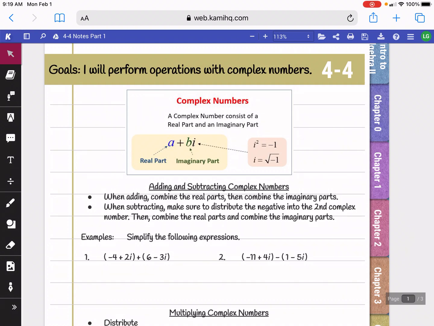In this video, we're going to learn how to perform operations with complex numbers. Right now, we're going to focus on adding, subtracting, and multiplying complex numbers. A complex number consists of a real part and an imaginary part. Usually, when you're writing these expressions or simplifying, you put your real part first and then your imaginary part at